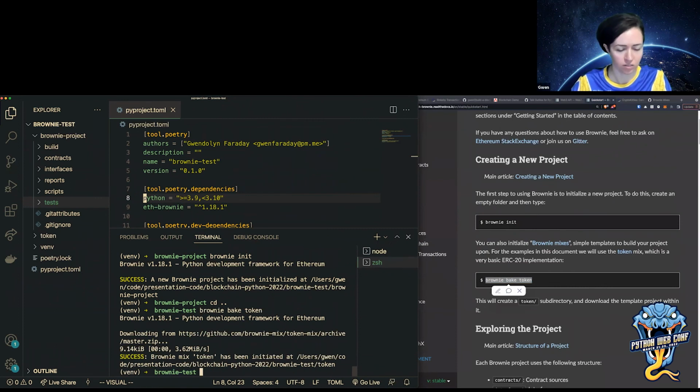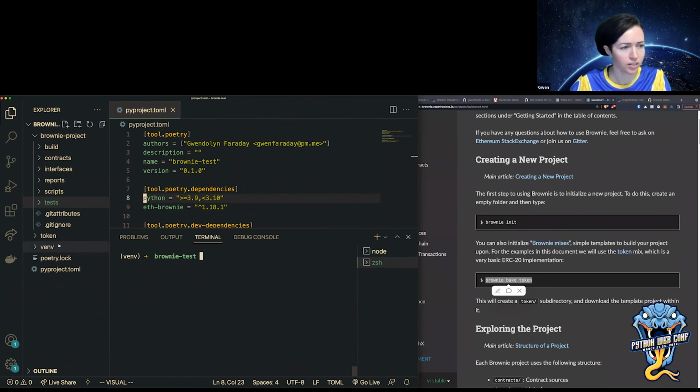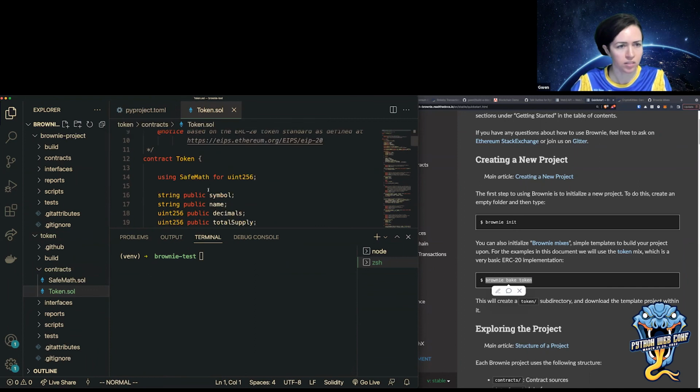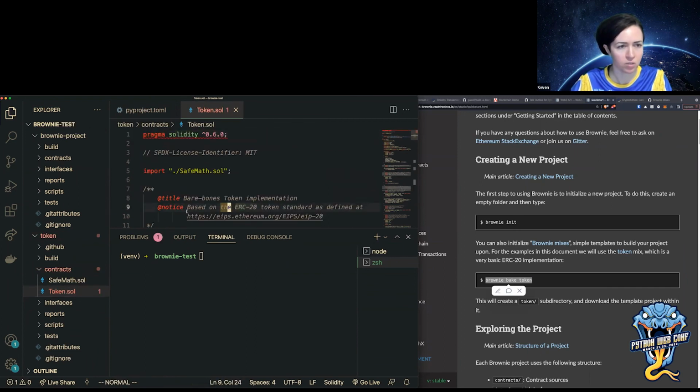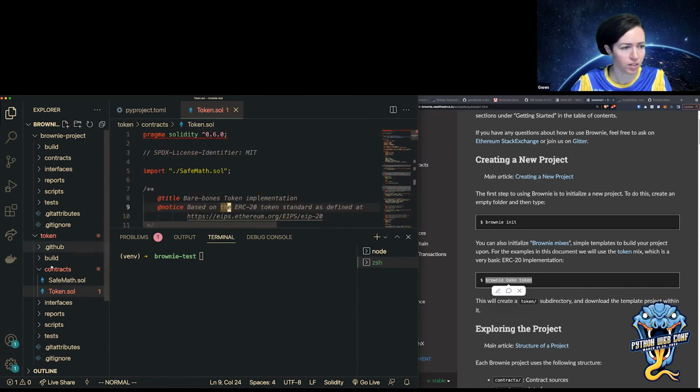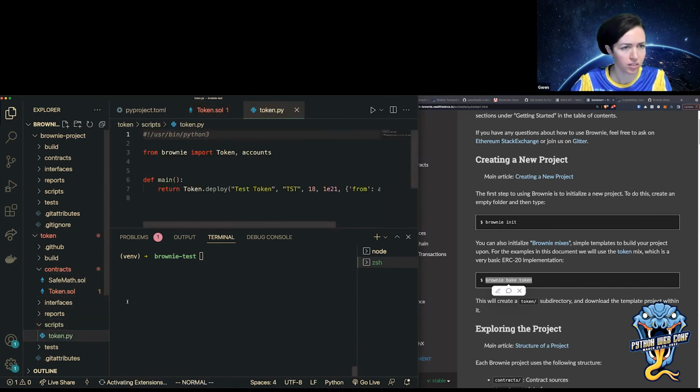Okay, so one thing about that is that when I Brownie Bake, if I use the Brownie Bake API, it creates a folder with all of the subfolders. So I get whatever contracts. So I get a token contract, I think this is an ERC20? Yeah, it's an ERC20 token. And it gives me all of the functions and stuff. And then I get, let's see, scripts. So I get a deployment script for the token.